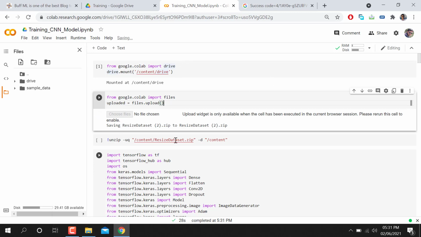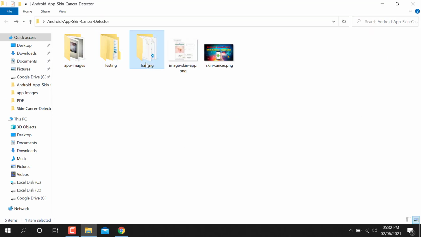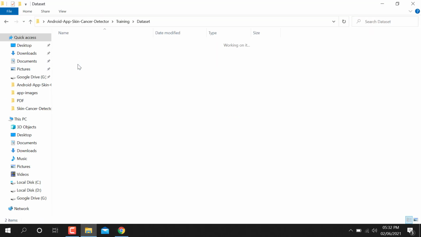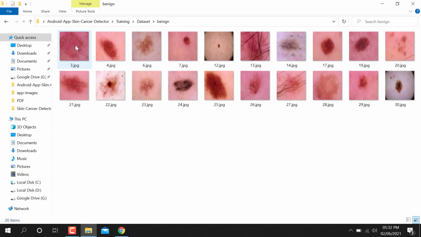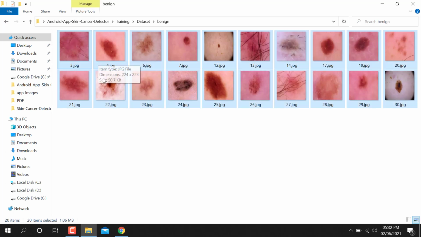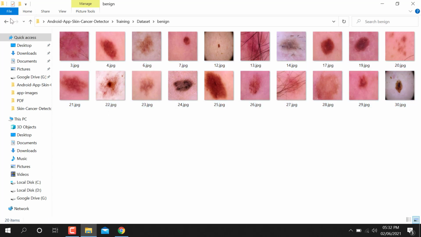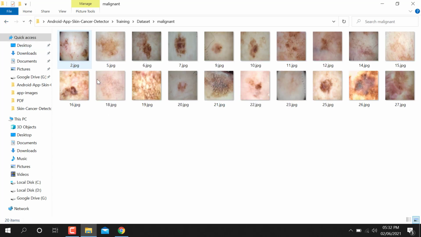First of all, before discussing further, I'm going to show you something. Let's suppose I already use training data. I have this file, and you can see I took a dataset with benign and malignant classes. I have two classes, a binary classification. For benign, I'm taking about 20 sample images, and for malignant again about 20 images. So this is the demo for how the app will work.